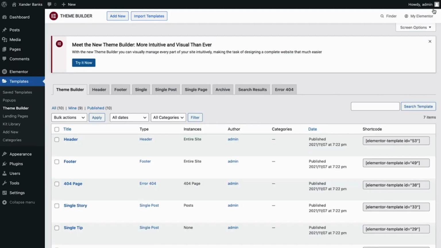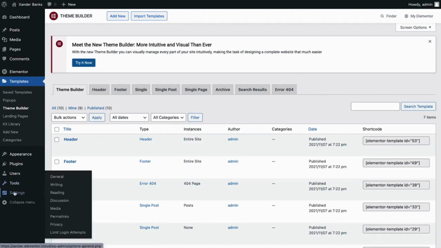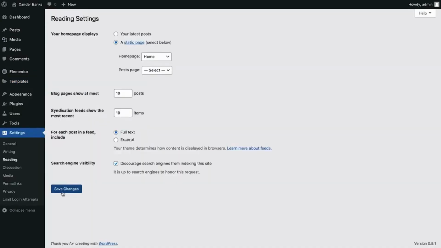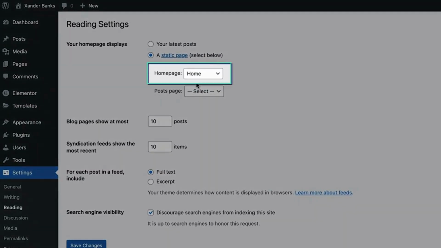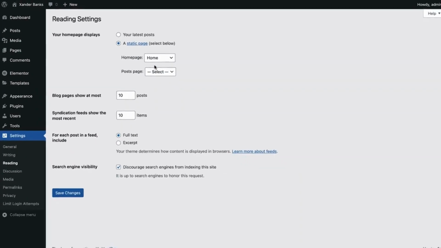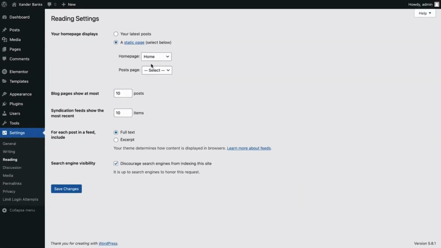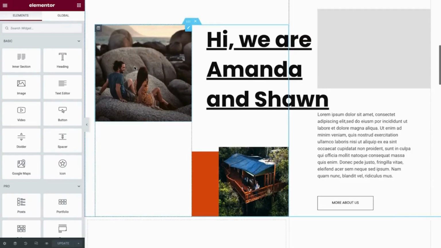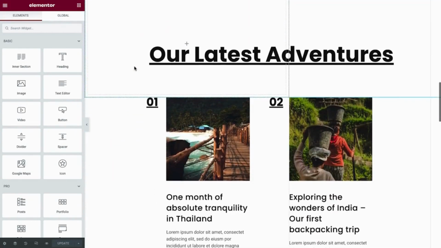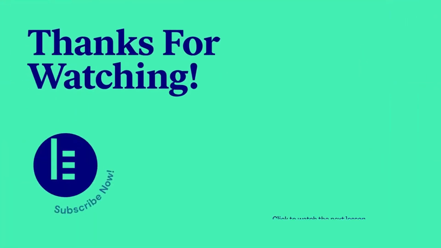and pages. Speaking of pages, recall from the previous lesson that the homepage settings are imported together with a kit. We can confirm this by going to Settings, Reading, and as we can see, our site's designated homepage is set to the homepage we've imported along with our kit. And that's it. We've now installed our kit and updated our website's main settings. In our next lesson, we'll customize our website design and give our site its unique identity using the Elementor editor. So continue watching